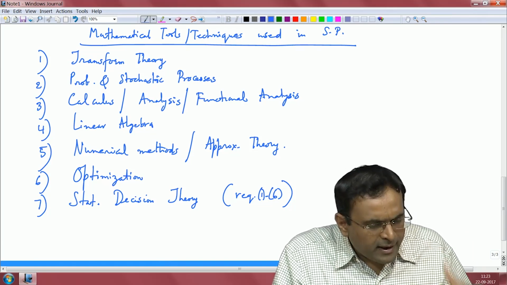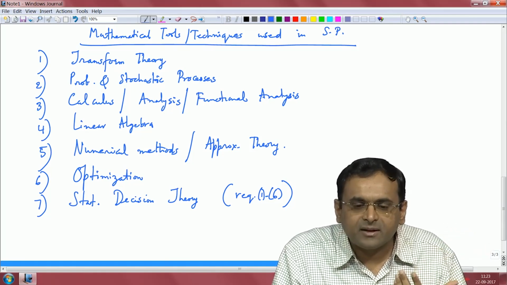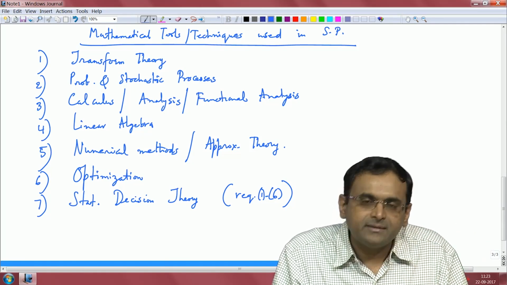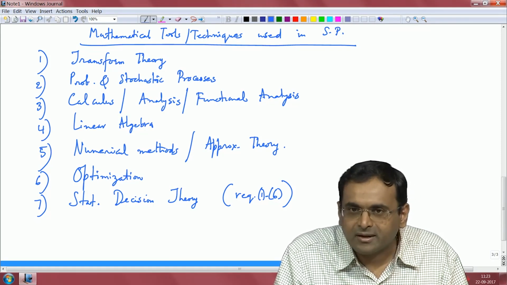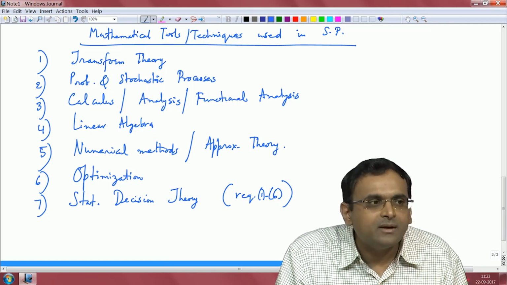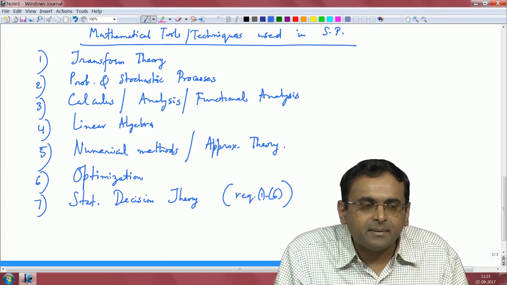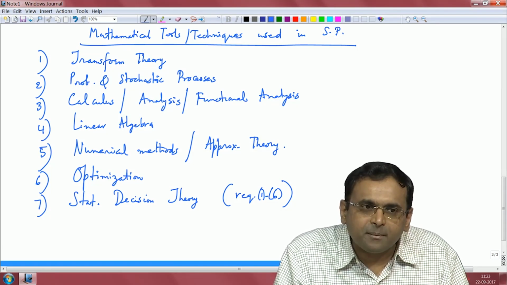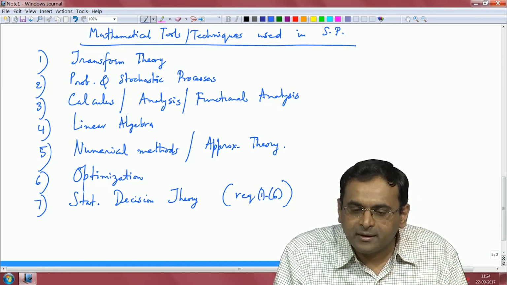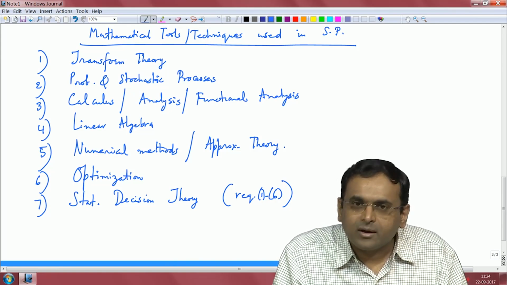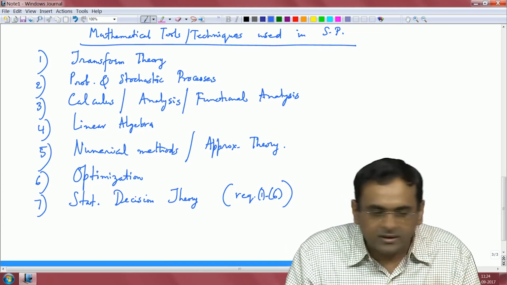So, as you see, as you study signal processing, you will encounter a lot of tools. Either you study all these mathematical topics and then sit through signal processing, or maybe you sit through and understand how signals and systems work, and then as you start developing your feel for the topic, you see that you will need these tools in mathematics, and then you can go deeper into each of the topics and then learn whatever is required and then bring in those tools to signal processing. So, therefore, it is an applied math